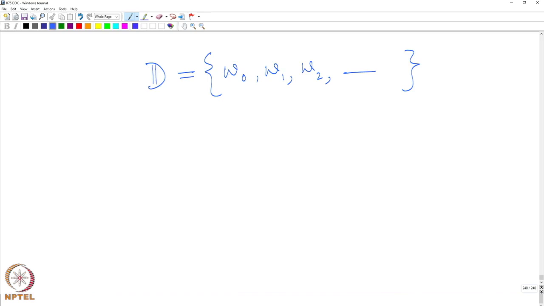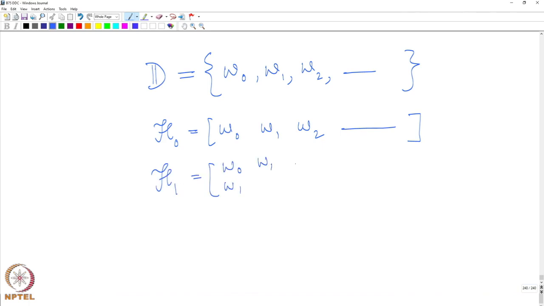What we saw was that the trick was to look at this data and construct these infinite Hankel matrices W0, W1 first with only the trajectory, then with one shift, then with two shifts,